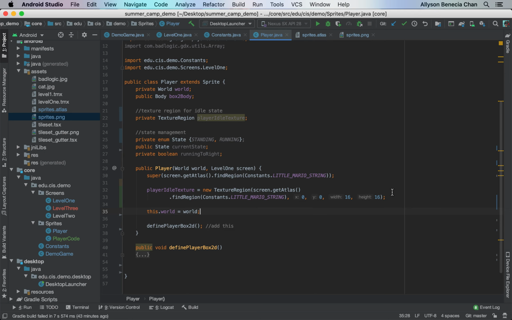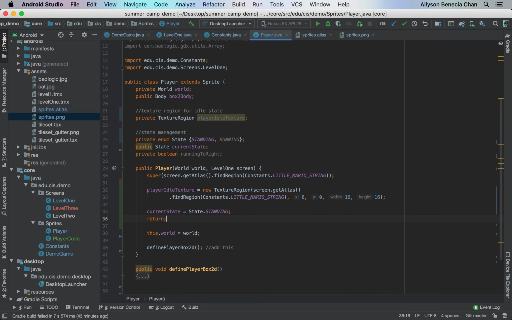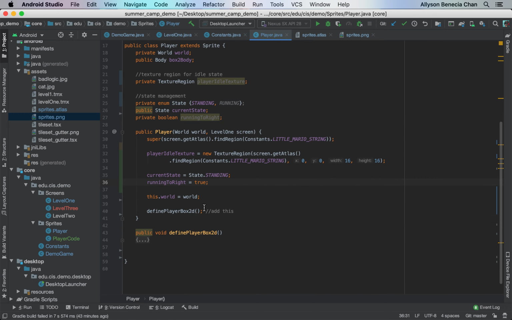Then you want to add in your current state, which is equal to standing, because that's the only one we'll be using this time. And you want to also add in running to the right equals true. Now, after that,